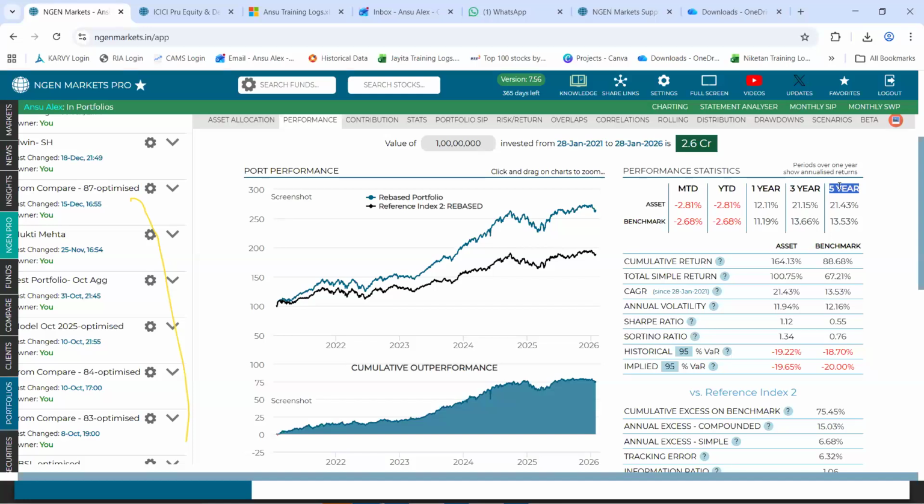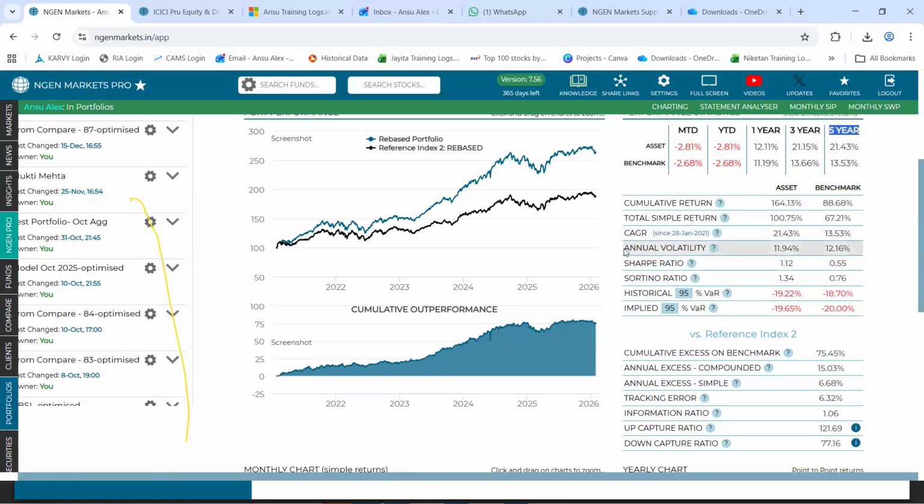Following that, you get to see parameters such as annual volatility, the standard deviation, the risk that has been undertaken by both the portfolio, which is to an extent of 11.9, and the benchmark, which is to an extent of 12%. Following that, what was the return that was generated by this level of risk?